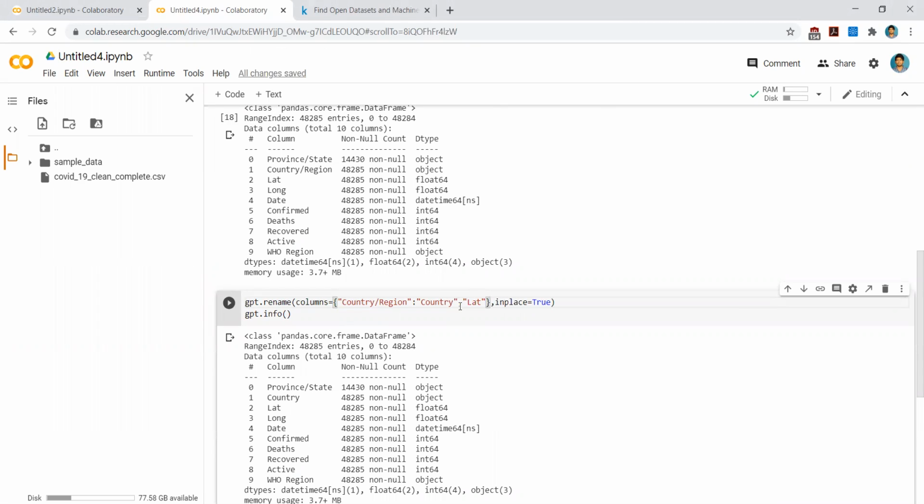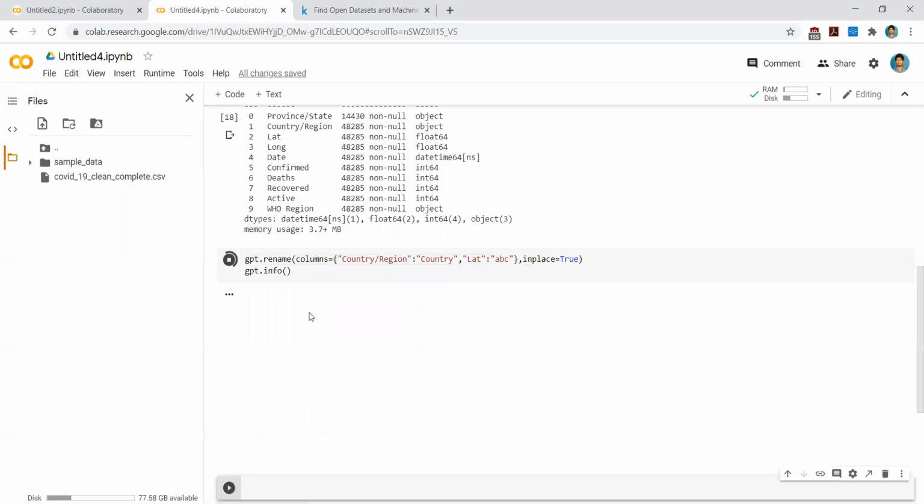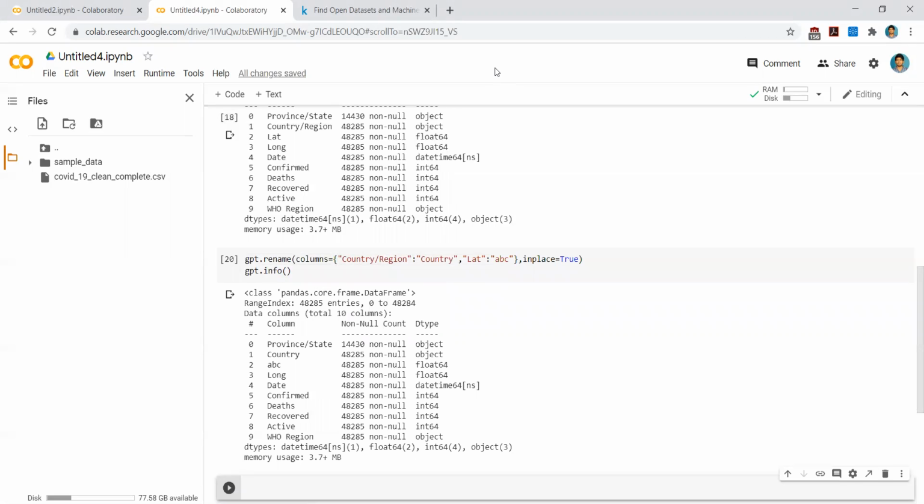Instead of LAT, for the latitude you want to give a new name, ABC. Okay, so we will execute this. Now you observe here, in place of the latitude it is ABC.